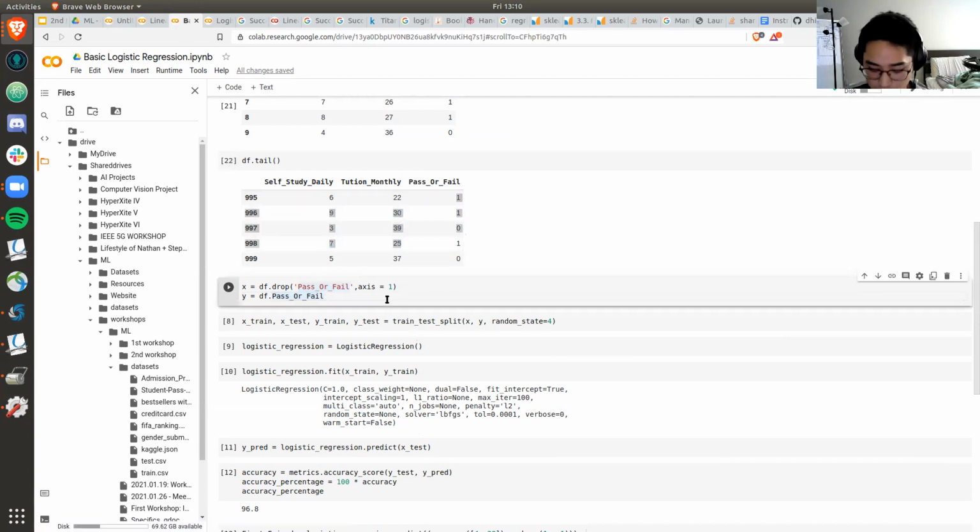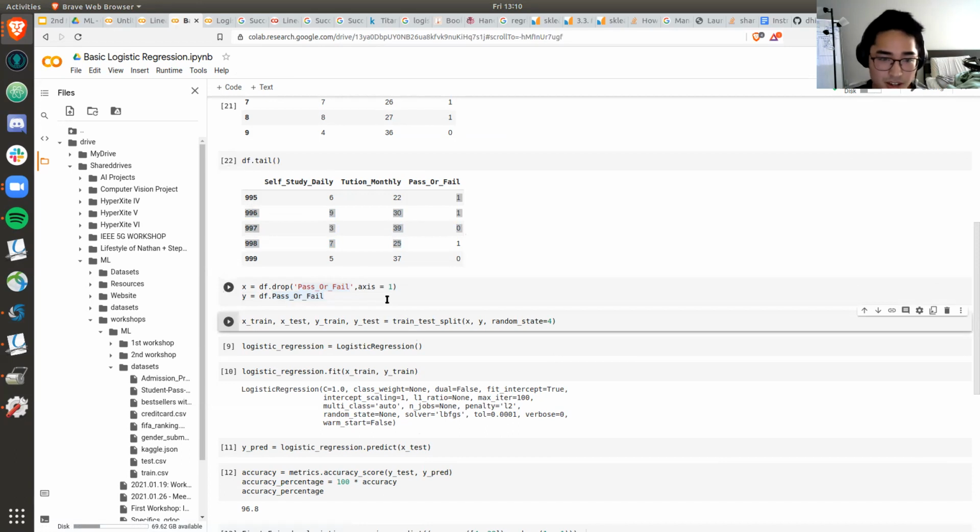Right. So now, like what we did earlier, we want to split our data into a training and a testing set. So we split our data set into x. We input the x and y arguments, which are our data sets, and random state equal to 4 means that you're just randomizing or shuffling your data samples.